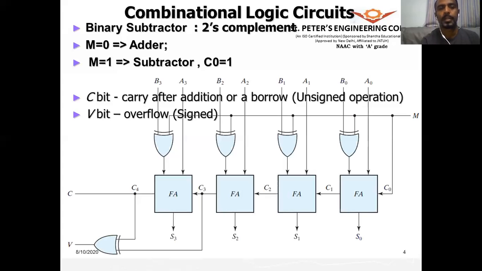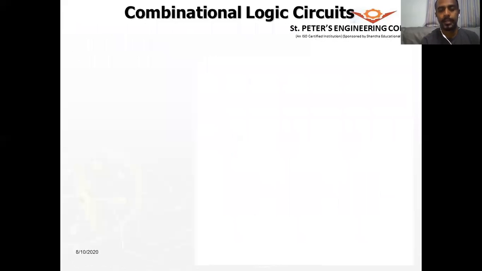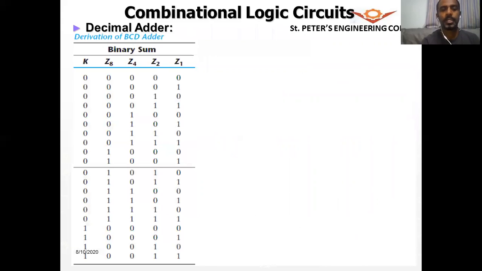All right. Okay. Now let us go to the decimal adder. Now why decimal adder? Why can't we do with the simple binary adder itself? Now you know that decimal numbers are 0 to 9. So suppose you consider the binary sum, and we write down the position values, that means 0, 0, we have taken 5 bits here.